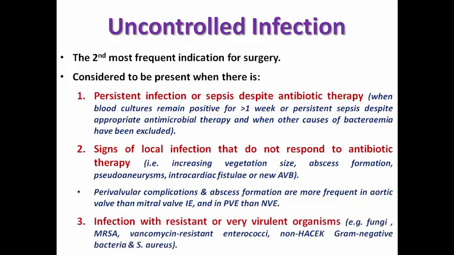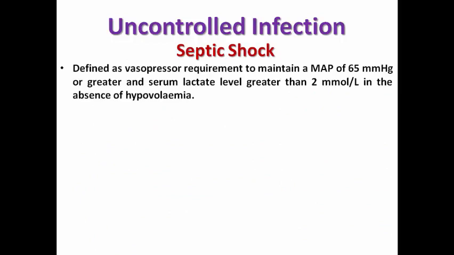And the last reason, infection with resistant or virulent organisms like fungi, MRSA, vancomycin-resistant enterococci, non-HACEK gram-negative bacteria, or Staph aureus. All of these are very virulent and resistant organisms that usually do not respond to antibiotics and may result in uncontrolled infection. Some patients may even develop septic shock, as they require vasopressor infusion to maintain a mean arterial pressure of 65 mmHg or more, and the serum lactic acid is usually greater than 2 millimole per liter